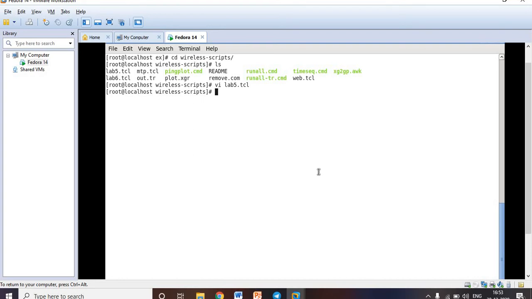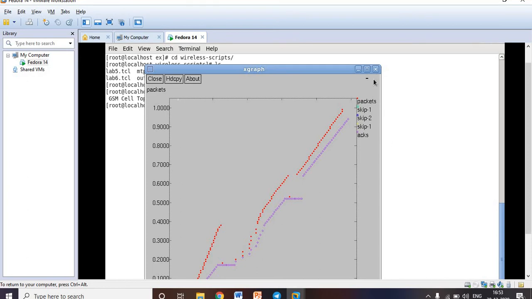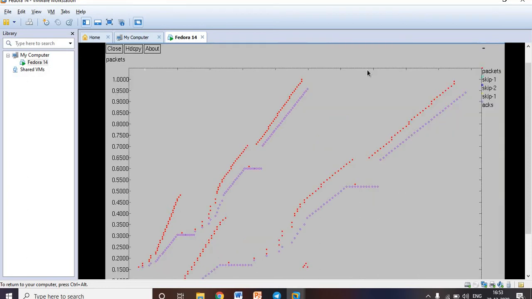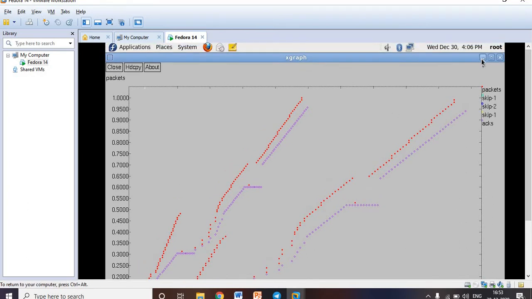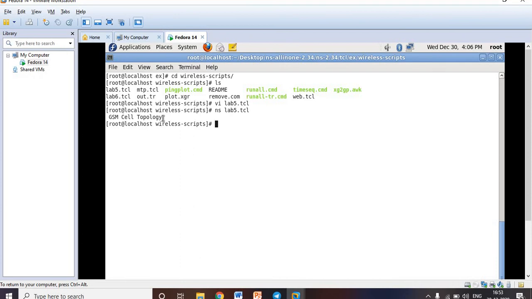Now you need to run the program. What is the command? ns space lab5.tcl. See, you are getting the output. This is the graph you are getting for the fifth program. Also in the background, that means in the terminal, check, you are getting the puts statement, GSM cell topology.